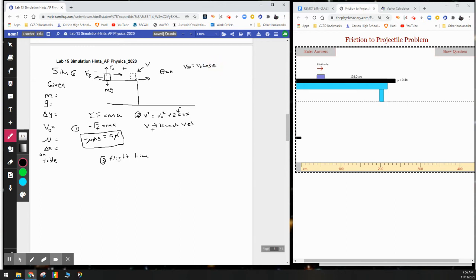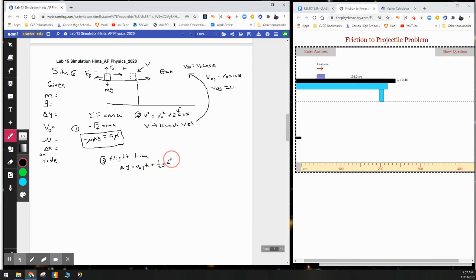In this case, the launch velocity is going to be this right here. And v0y is v0 sine of theta, and this v0y should be 0. So to find flight time, delta y equals v0y t plus 1/2